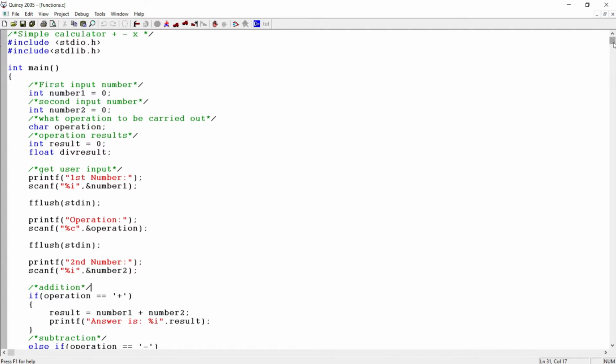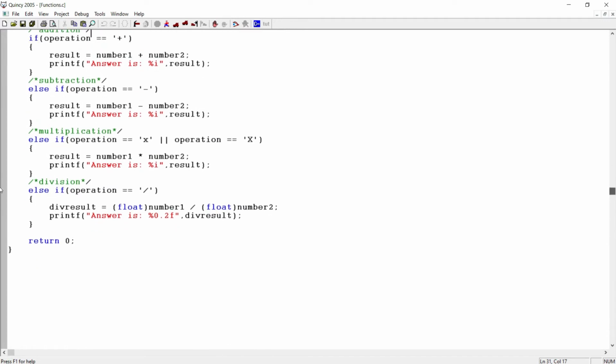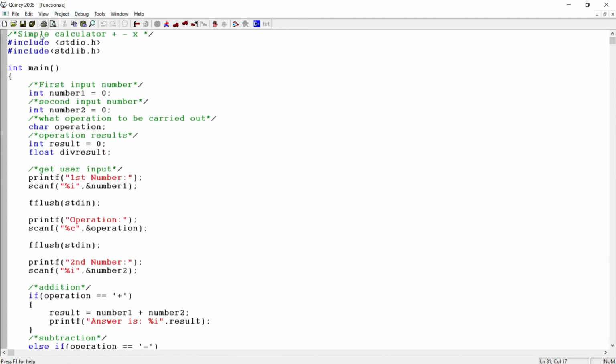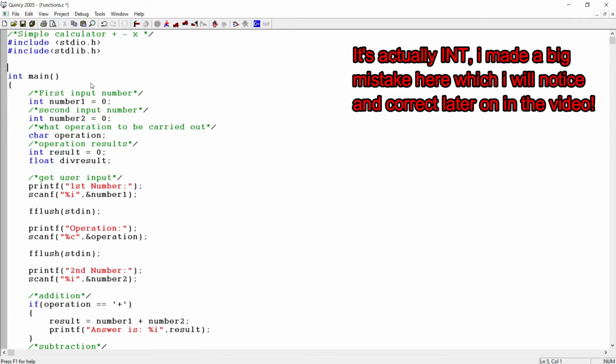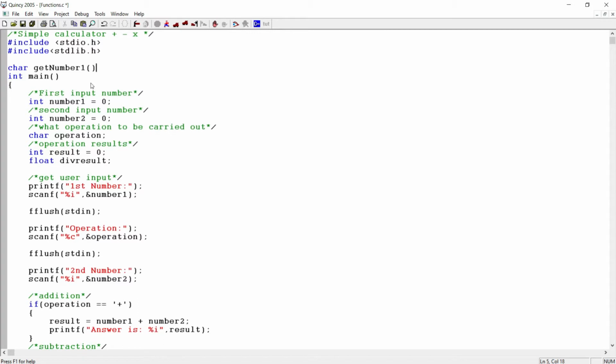Alright, so what we'll be doing today is we'll be putting all of this into individual functions. So basically, a function is a program that has a single purpose. For example, let's say I want to get the user input for number 1, I will get it here. So it will be char. You have to put it as char because you have to return a character value. Char get_number1 brackets,